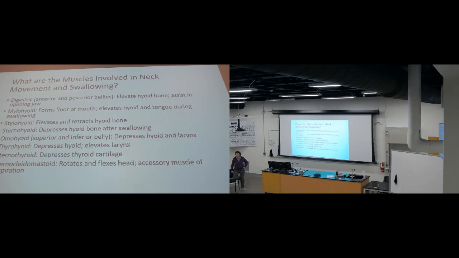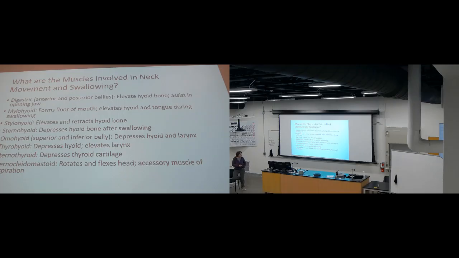What about this other one, omohyoid? It has two bellies, superior and inferior. That one you won't get it. There's another name for the scapula that is called omoplate. So this one is another one that depresses the hyoid bone and depresses the larynx. So typically this helps for swallowing,